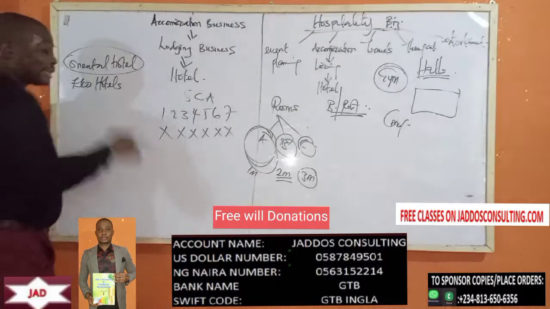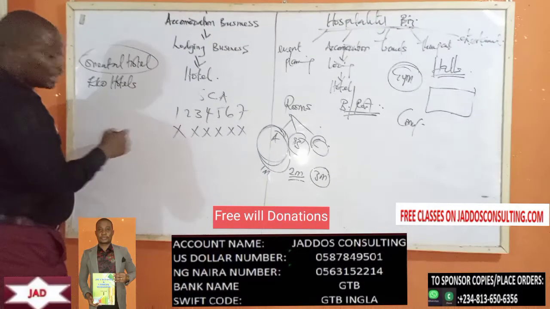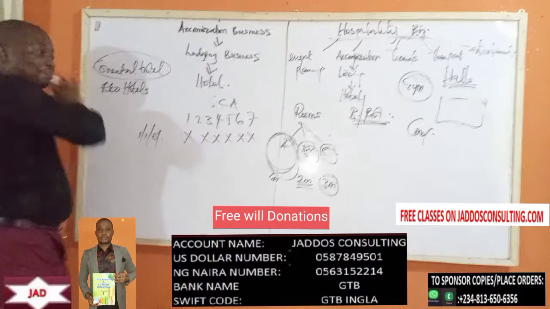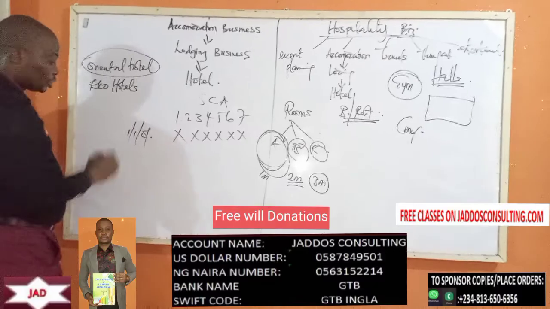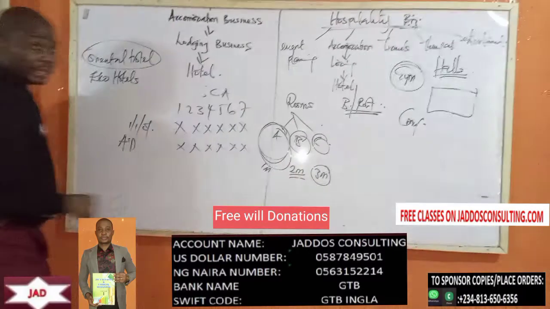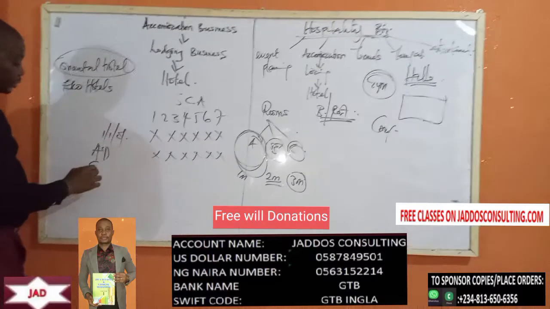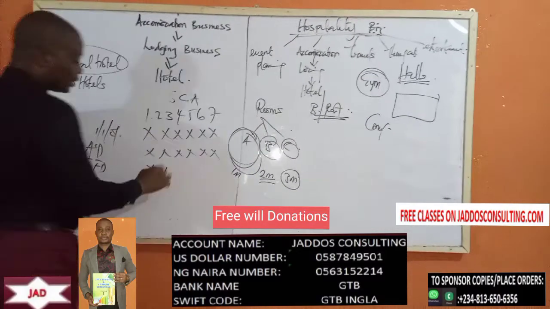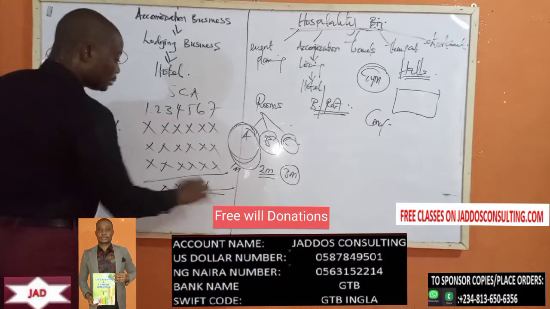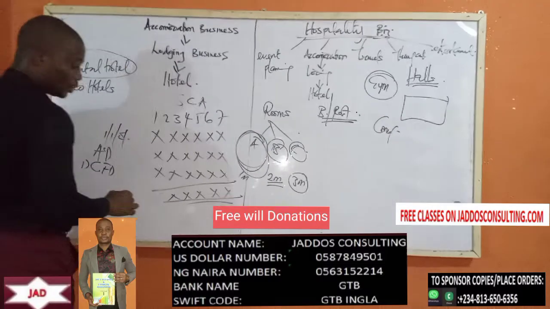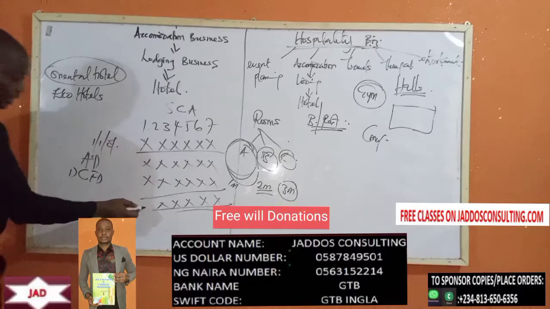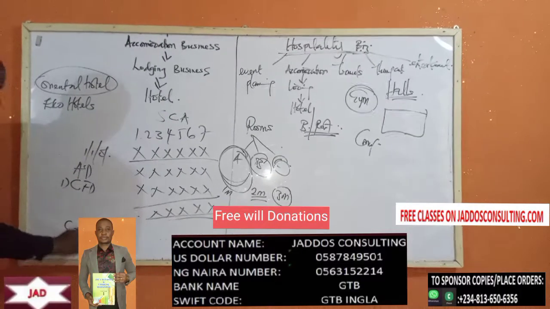So at the beginning of the period, what is the cost? Let's say 1st January 2001. So these are the costs. Before now, how much have you charged as depreciation? We call it accumulated depreciation. You put it there. Now how much are you charging for the year? We call it depreciation charge for the year. You put it there. So by the time you add, you get the accumulated depreciation for this year. So this is a cost, this is a depreciation. Then by the time you take this from this, you have what we call the carrying amount or net book value.